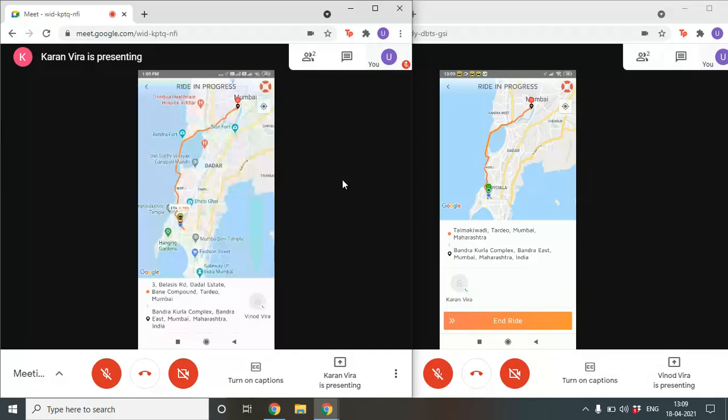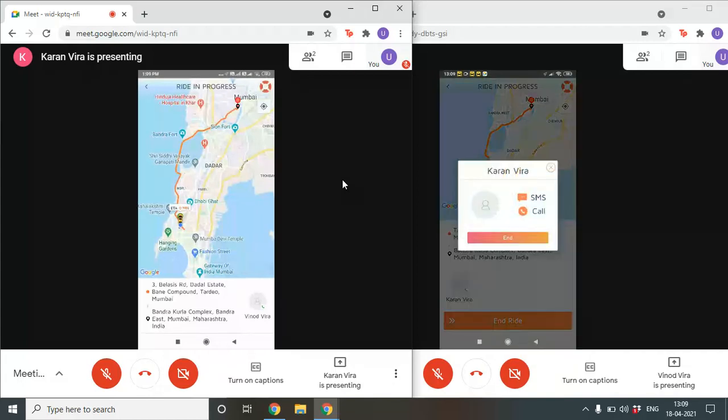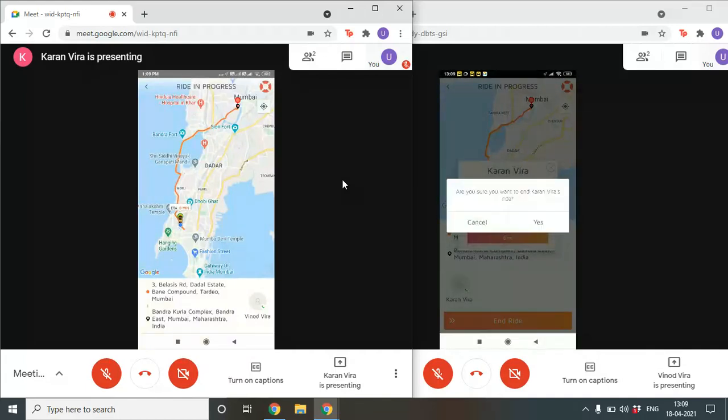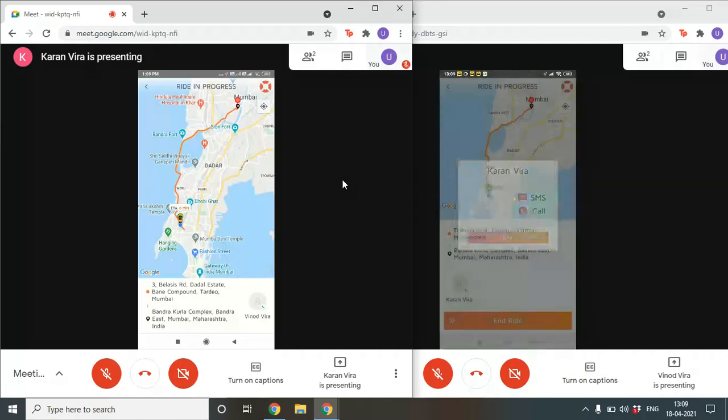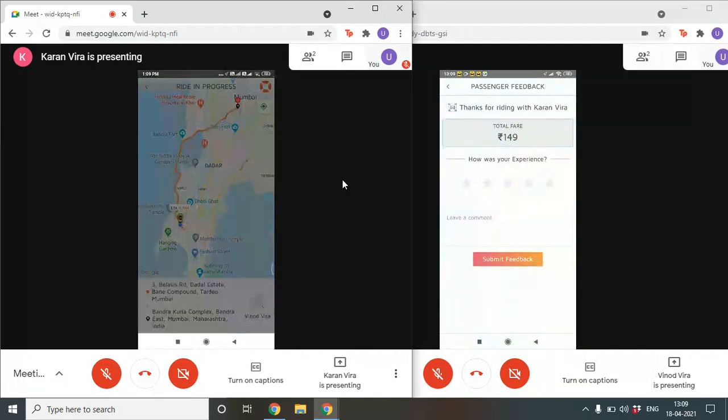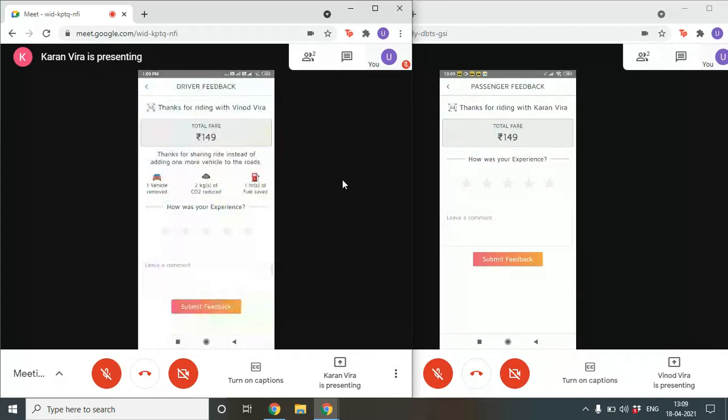Now the driver has reached the customer's destination. He just needs to end the ride. He just needs to click on that particular customer's avatar and end the ride. The customer now needs to pay the fare that has been shown here.